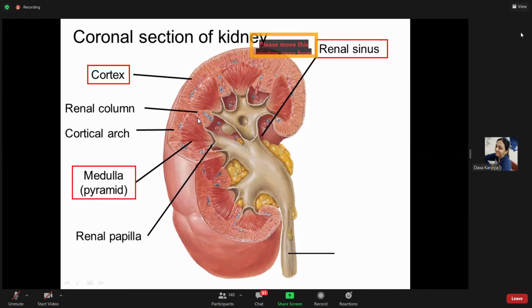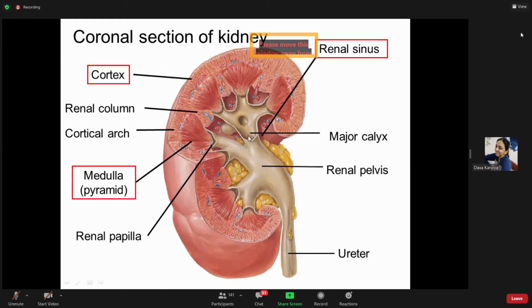This is the ureter. As it enters into the kidney, there is a dilated portion of the ureter which is known as the renal pelvis. Now see the divisions of the renal pelvis within the substance of the kidney. As soon as it enters the hilum of the kidney, it divides into 3 to 4 major calyces. See here the division. Here it is shown as 3 in number. So 3 to 4 major calyces.